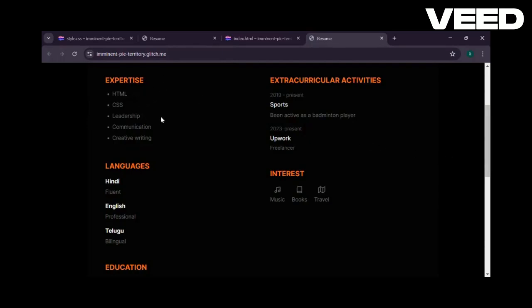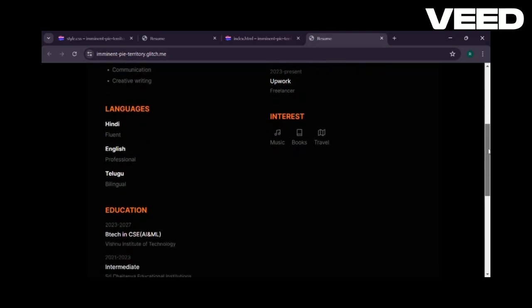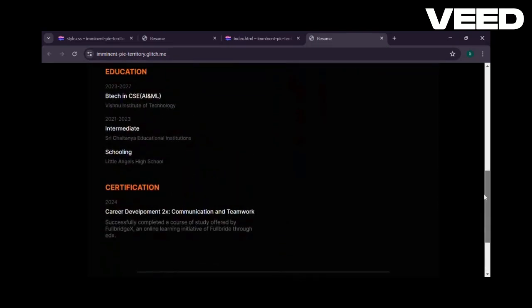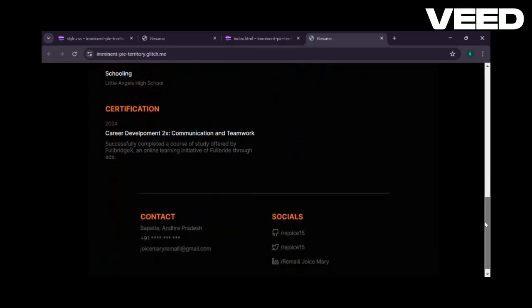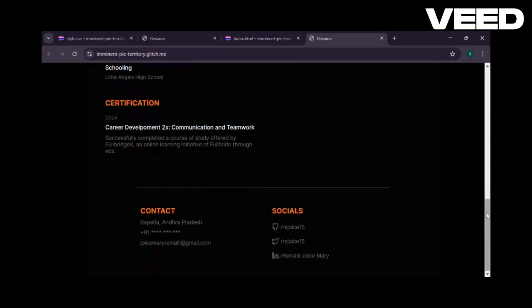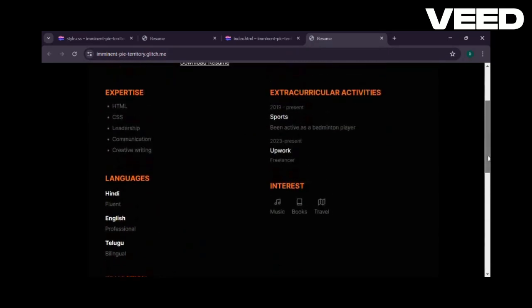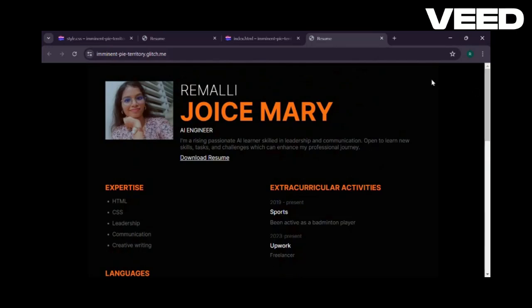I just added all those things using heading tags. The lines and the symbols I've used in the social section can be created within the code using special tags.